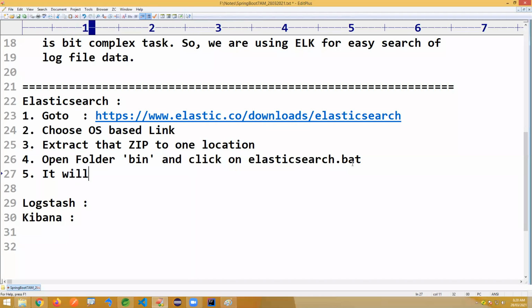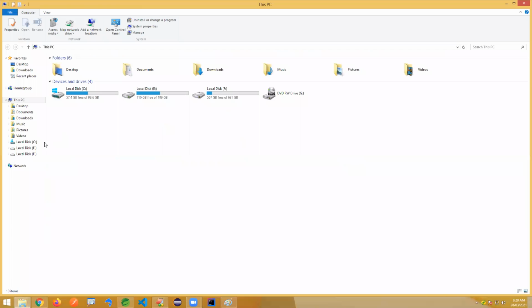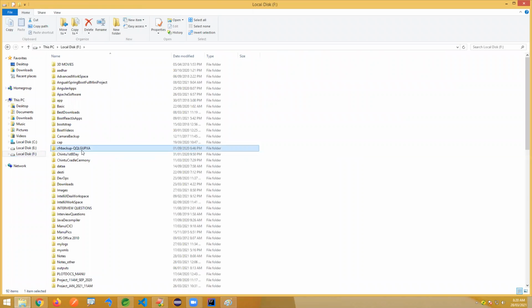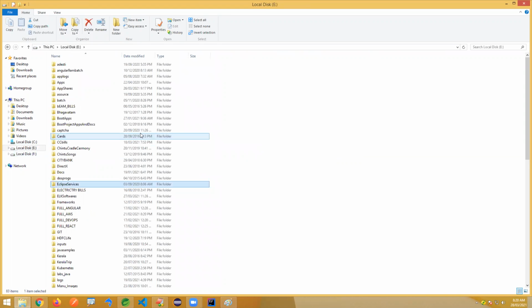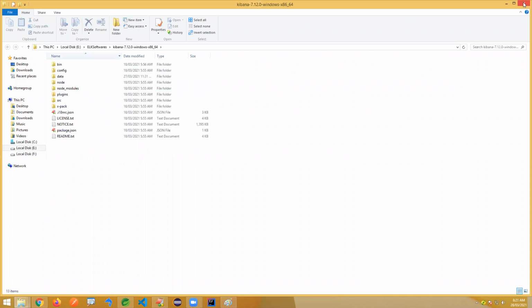Elasticsearch will start on port number 9200. You can enter localhost, the full URL being http://localhost:9200. Let me show that here. I have already downloaded those softwares, and these are already extracted folders.